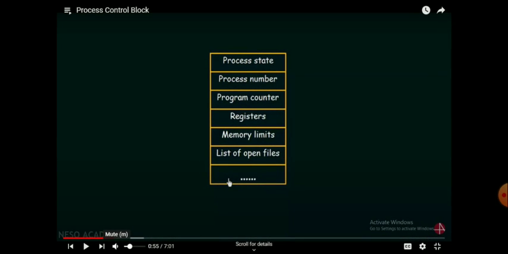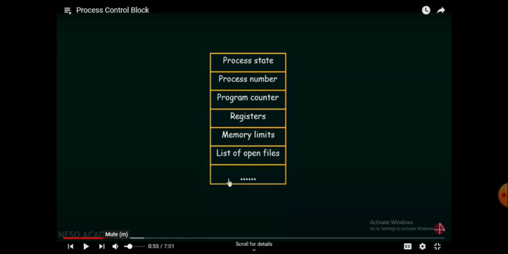Inside the process control block, we will have some categories of details of the process. The first detail is process state, second one is process number, third program counter, next registers, memory limits, list of open files, etc. These are the details of a process which are held in the process control block.